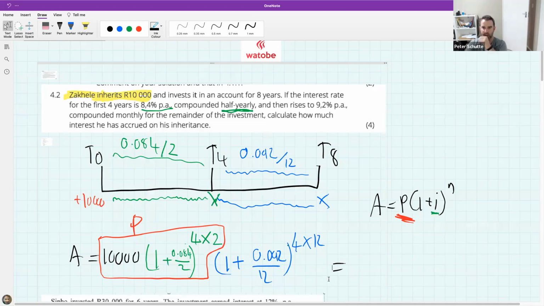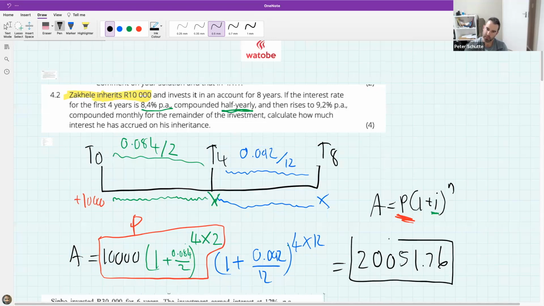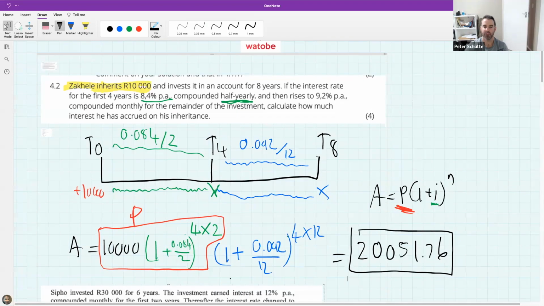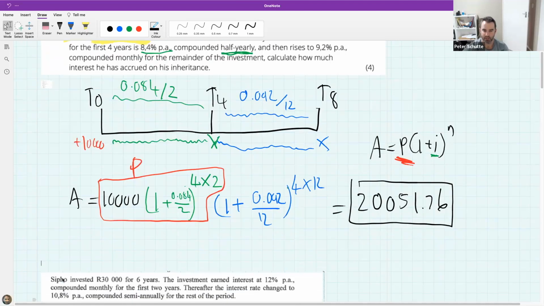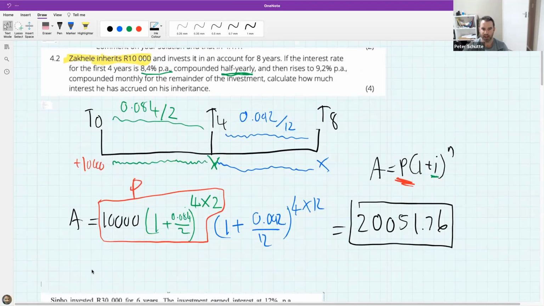Okay, be careful with your calculator. What are we getting for our final answer? So you should be getting, the final answer should be that. And the way that you can type it into your calculator and make life a bit easier for yourself, otherwise you run out of space and you forget what you've done, is you type 10,000 and then you do this first bit and you hit equals, and then you go times the blue bit here, and then you go equals again, and that will give you your final answer there.